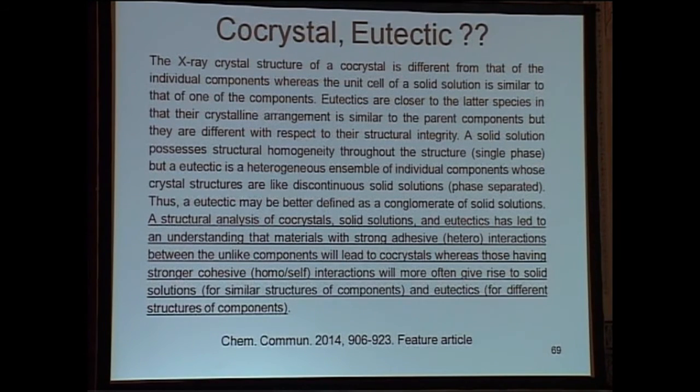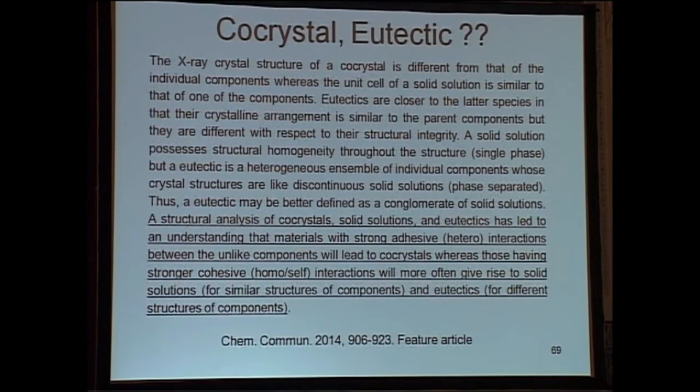And this is really the take home lesson from our study of a few cases: if we combine two molecules, that is curcumin and a co-former, or a bow and a tie, we get a co-crystal or a solid solution or a eutectic, and that result will depend on the nature and strength of the interactions between the heterosynthons or the unlike functional groups. If they are very strong and very specific and very directing, then one will get a co-crystal.